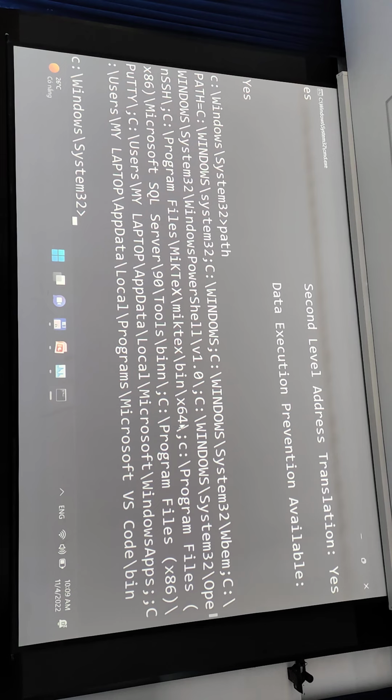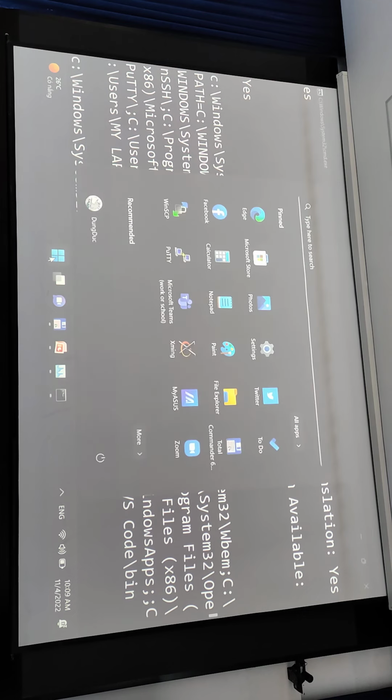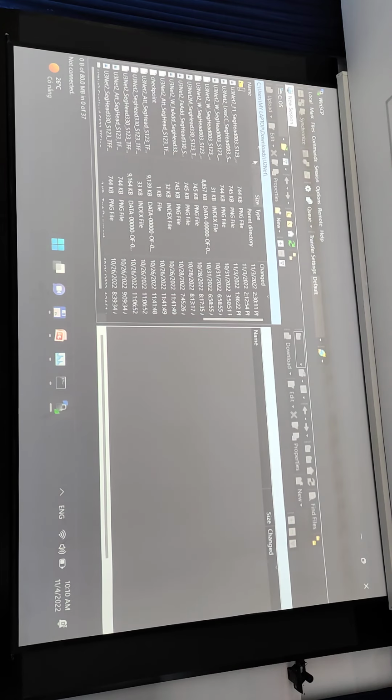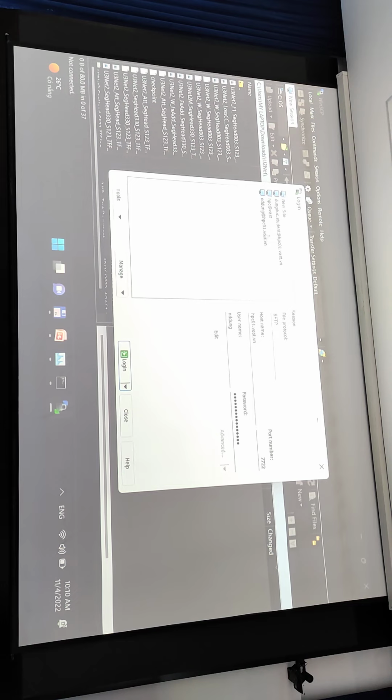And I could also show you another operating system. I connect my computer with the HPC 01 fast.vn.